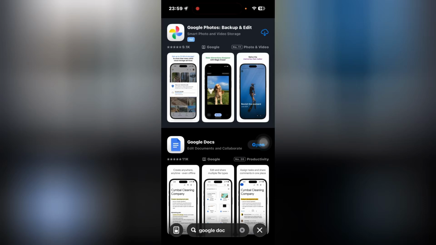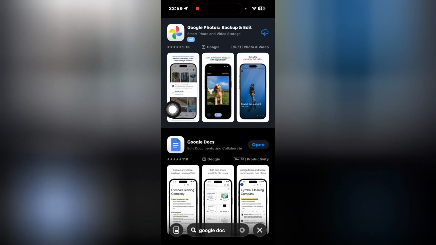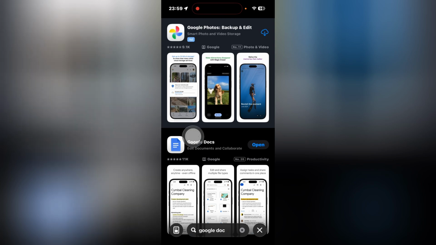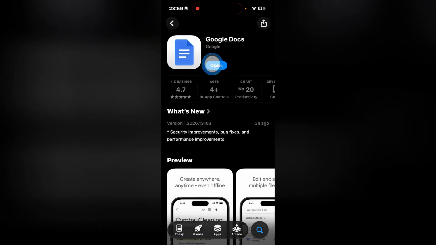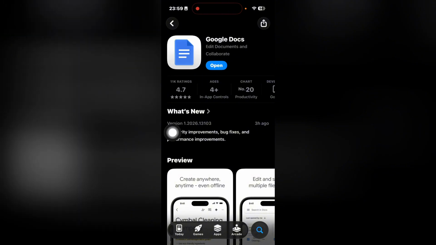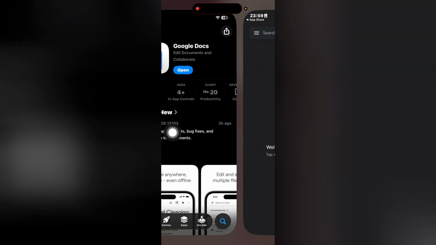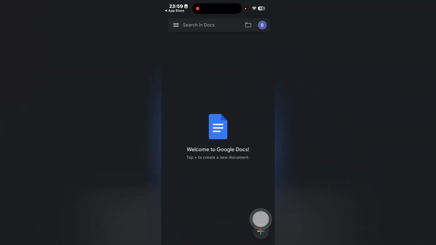In this video, I'm going to show you how you can convert text to PDF on mobile. So let's get started. To do that, you need an application called Google Docs. You gotta install that if you don't have it already on your device. I have it already, so I'm gonna simply click on open and then click on this plus icon at the